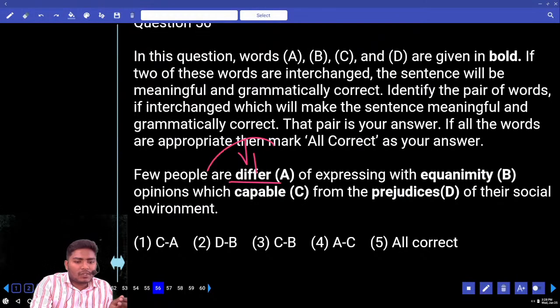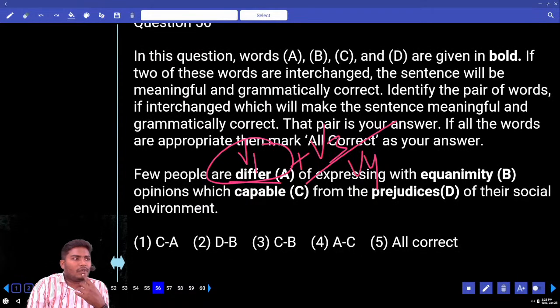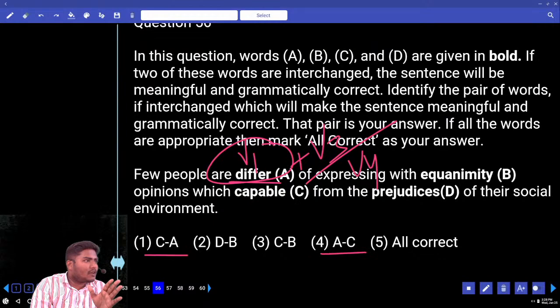Now can we use this combination? Can we use R plus V1? R is followed by which verb forms? V3 or V4, not V1. We need to change A. If you have to change A, how many options can we take into consideration? How many options can we take into consideration?